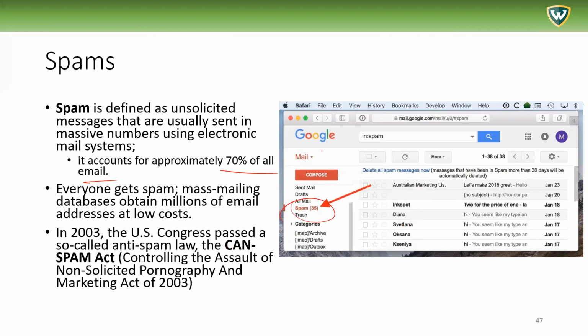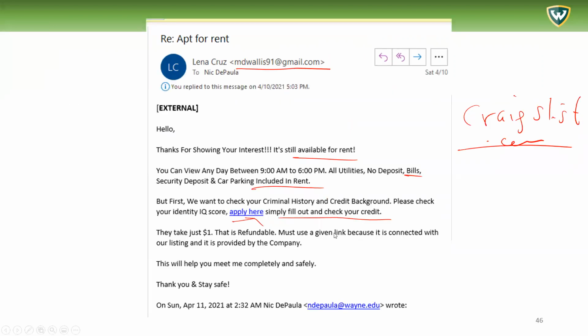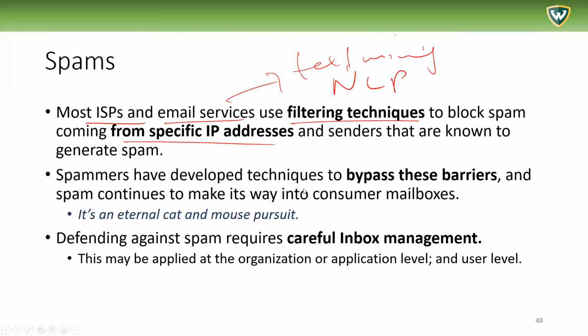And also, of course, all the technical techniques by companies and applications like Google Gmail that identify spam messages and filter your messages. So most internet service providers and email services use some kind of filtering techniques to block spam from specific IP addresses, or that have certain characteristics in the text of the content. This often uses things like text mining and natural language processing to identify which messages are legitimate. So you can see here, there's all kinds of things you can look for in the text that show it's not legitimate. It's not 100%, but they do apply it.